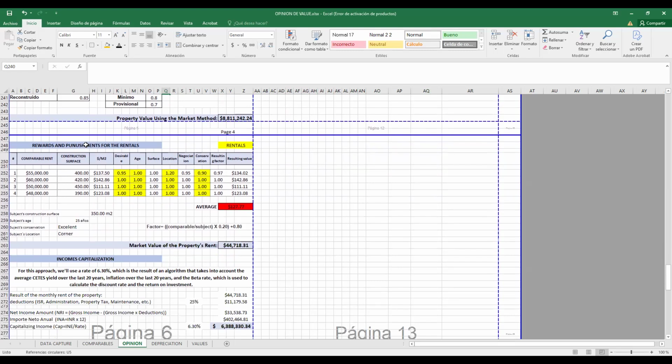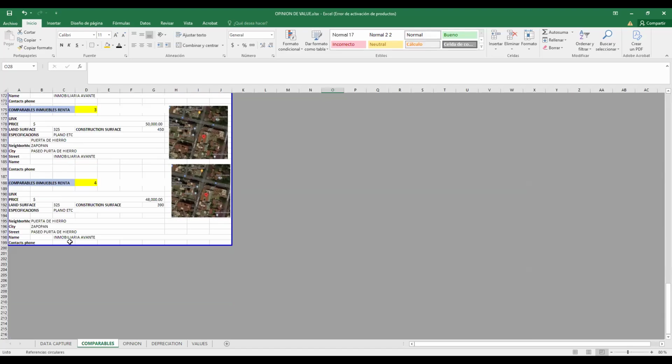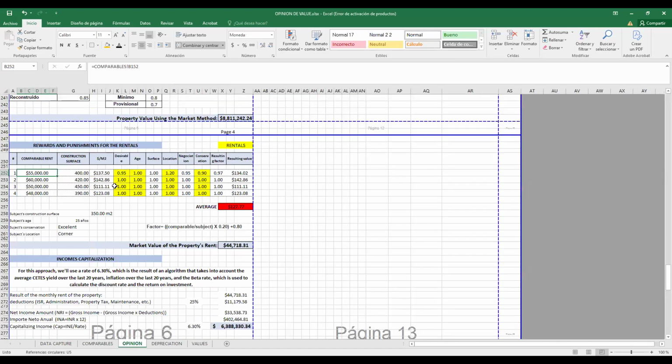Okay, rewards and punishments of the rentals. We investigated 4 comparables right here. It comes from here. Here is the information. Put the price where it needs to go. Don't change the location of the information. And these are the factors.